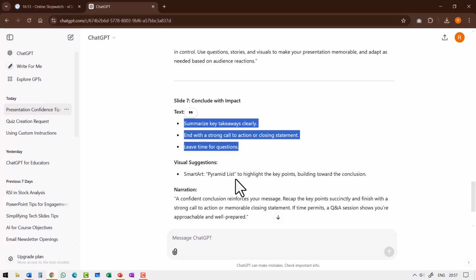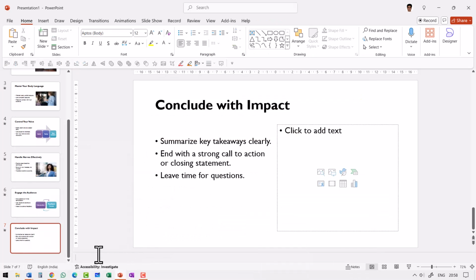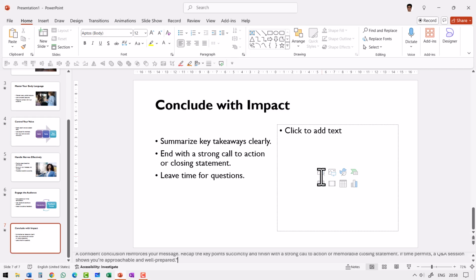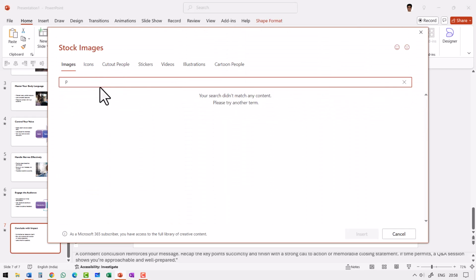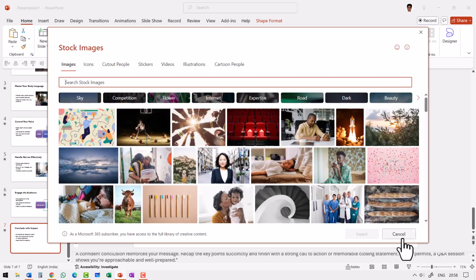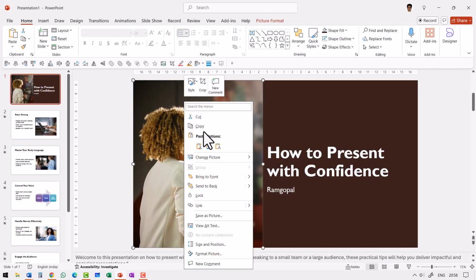It doesn't seem like a good SmartArt kind of a thing. So conclude with impact, say some kind of a confident presenter would be the right one. First, let us copy this thing. Yeah, so we've got the notes for this, and let us take a confident presenter once again. Let us go to presentation, or I can actually think of an idea of using the picture that I had earlier. Maybe this picture I can use